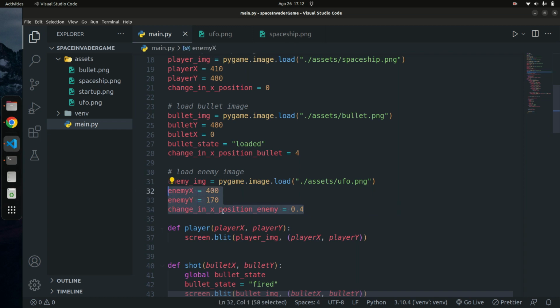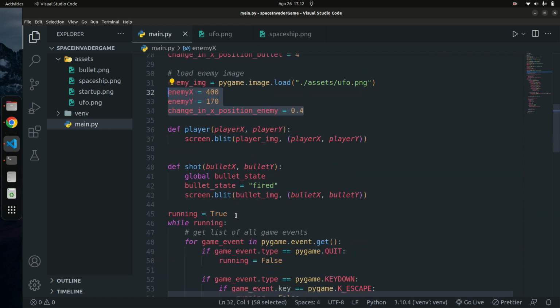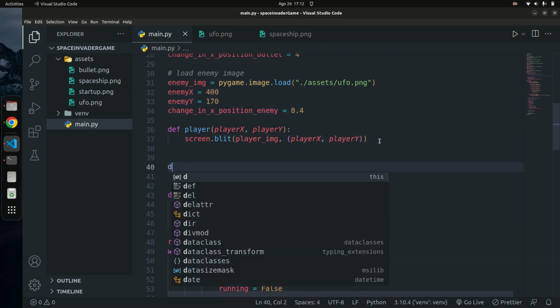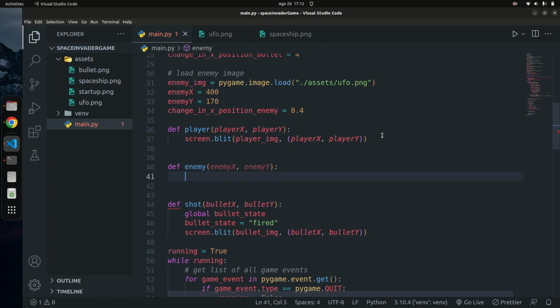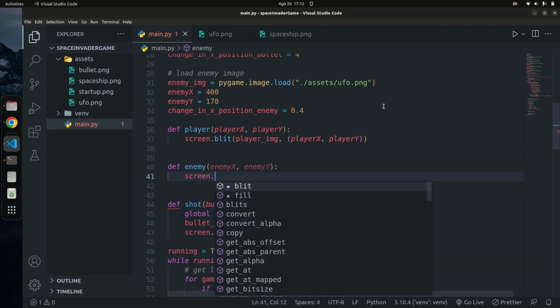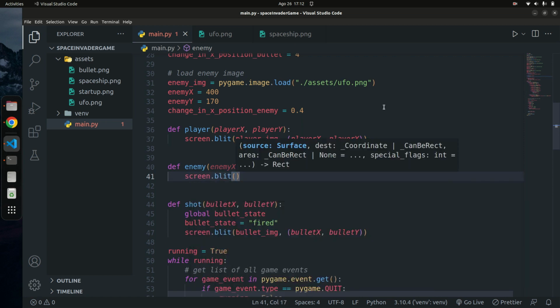Okay, so now I want to write another function that is going to blit the enemy to the screen, just like we have it right here. You can simply copy it from here and use the same, but I'm just going to type it. So I'm going to say def enemy, it's going to take enemy x and enemy y, the enemy's x position and y position. I'm going to do screen.blit. You're going to blit the image to the screen, which will be enemy image, and you're going to simply pass in